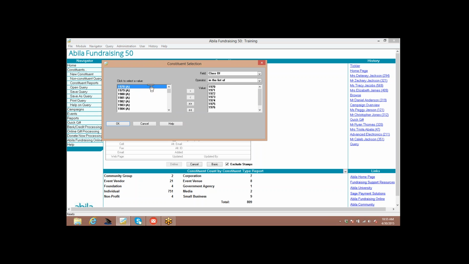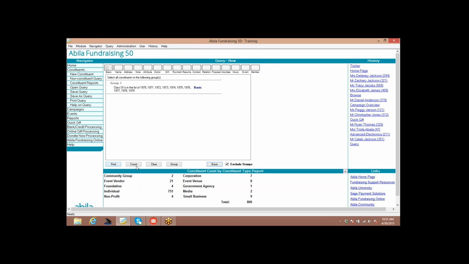Go ahead and drag 78, 79. All right. So now, again, I can do a count, and I can say, oh, I've got 166 constituents. The other thing that I could do is I want to say, hey, maybe I only want to go ahead and include everybody who is in these classes, but maybe I want to say that,